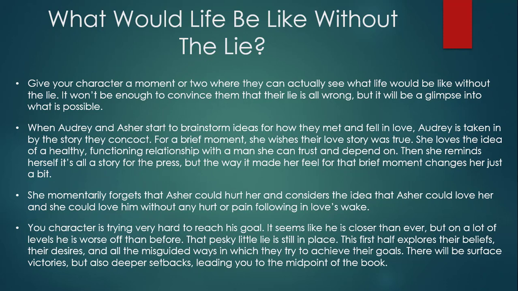So all of this is eventually going to lead you to the midpoint of the book. Again, you're going to incorporate this with the actual plot of the book. So in the outline, how to outline a novel, when I bring you to this part, this 25%, I talk to you about progressions and setbacks, how there needs to be about 3 to 5 obstacles that you can brainstorm that are going to help your protagonist reach their want, reach their goal.